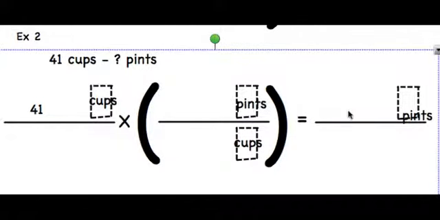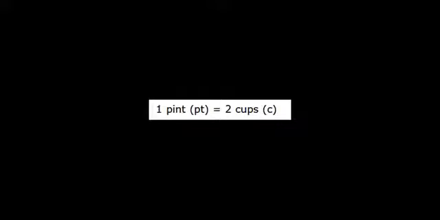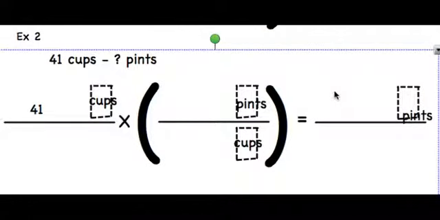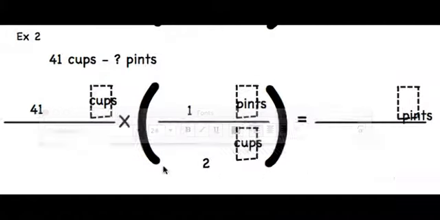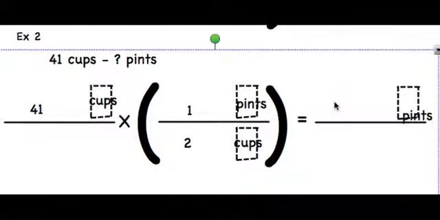Okay, so what we need to do is look for our formula chart to see how many pints are in a cup or how many cups are in a pint. Okay, so in our formula chart we noticed that 1 pint was 2 cups. So here we have 1 pint for every 2 cups. So if we multiply 41 cups times 1 pint divided by 2 cups, we get 20.5